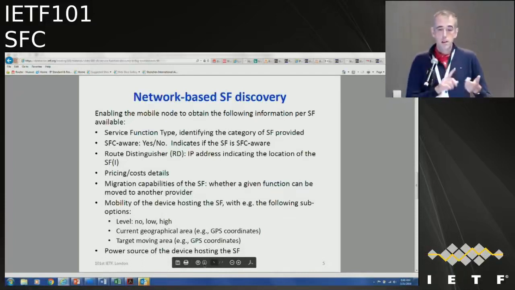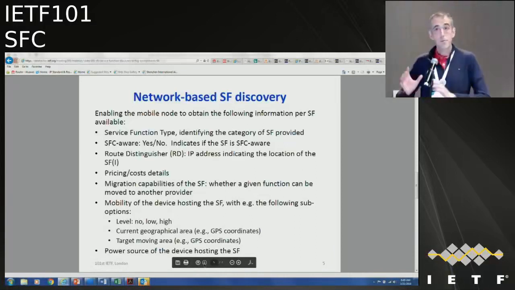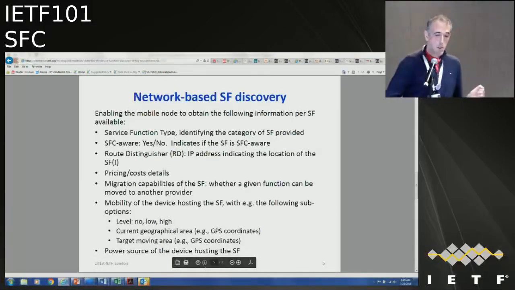So for example, the mobility, if the functions are battery powered or not, if the functions are meant to be more volatile or not, the price, if there is any associated to using that function, the migration capabilities of those functions, if we can move those functions to a different place if the user is moving, all these kinds of things that allow the mobile terminal to decide whether or not to use an available service function. Next slide, please.